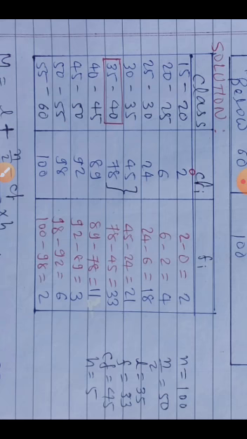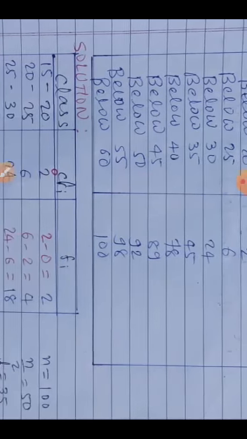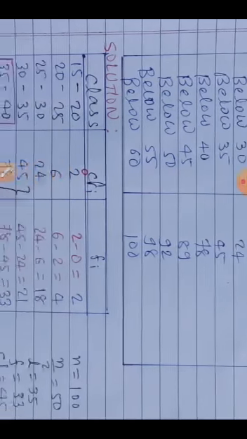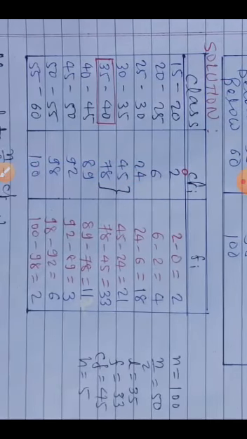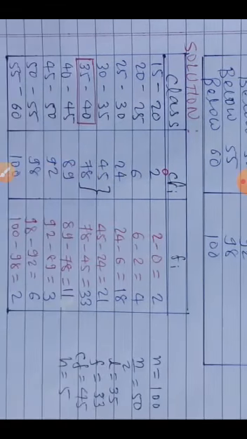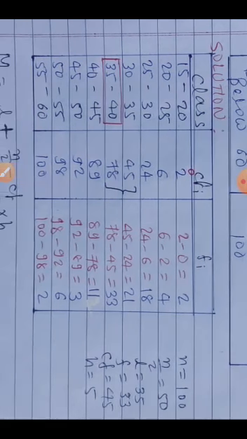Now CFi is copied here. Actually that is not needed, but if we have the CFi column here, then we can easily take the difference of two consecutive numbers. That's why CFi is written. So CFi from the question is copied into the second column. If you don't want to write it here, then no need to write it again, but if you write it, it will be beneficial. So now that is 2, 6, 24, 45, 78, everything is copied.